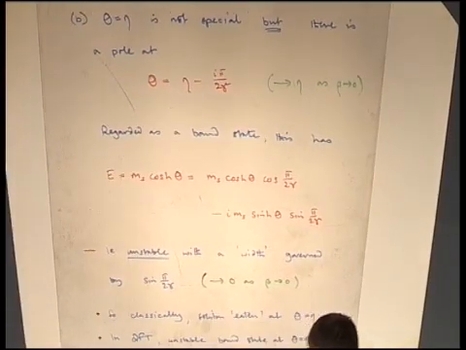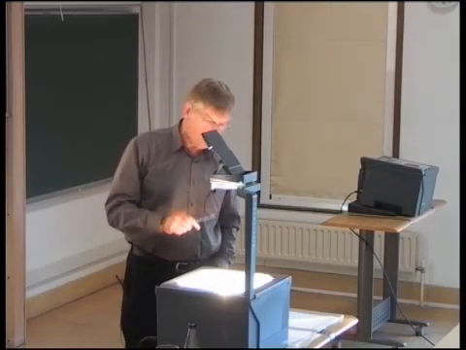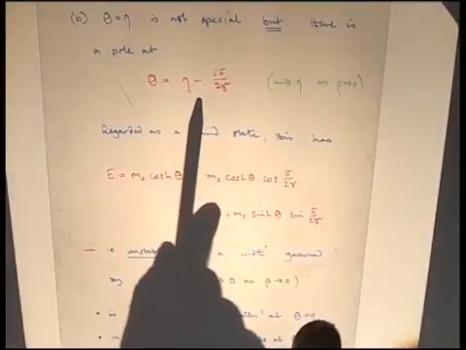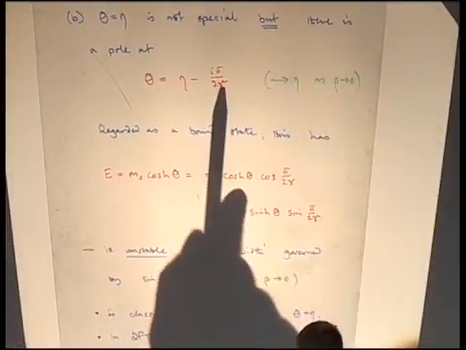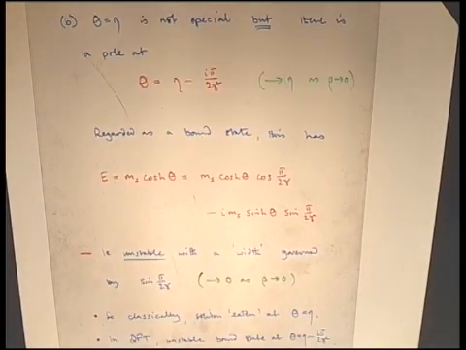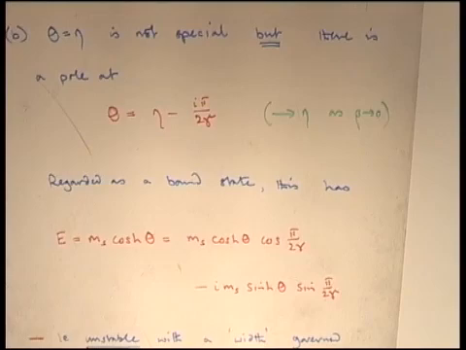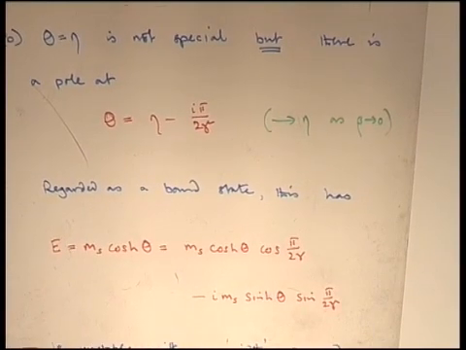Now then, theta equals eta is not special. There's no particular pole at theta equals eta, which is the place where the soliton can be eaten, but there is a nearby pole, and the nearby pole is here. And as beta goes to 0, 1 over gamma goes to 0, so this tends to theta equals eta. So this pole looks as though it's a sort of perturbation of the curious Eaton state in the classical model.